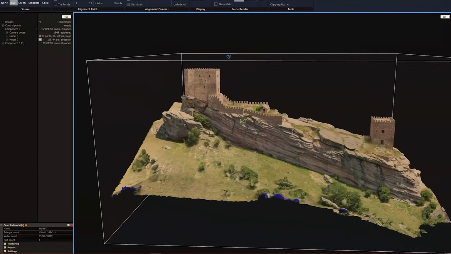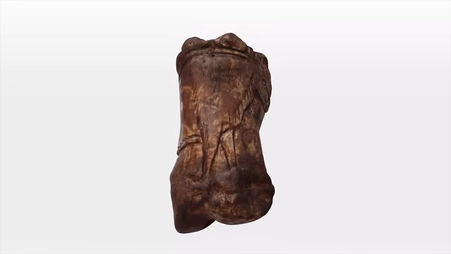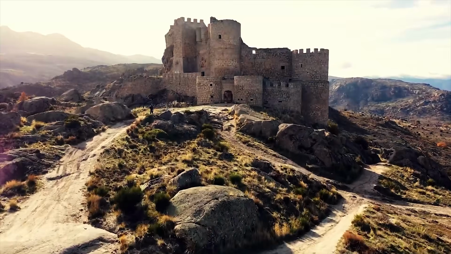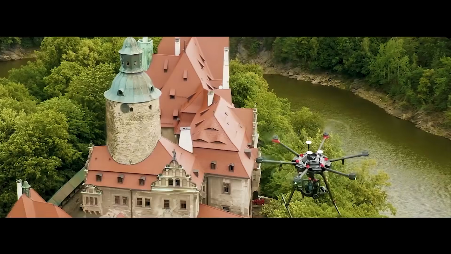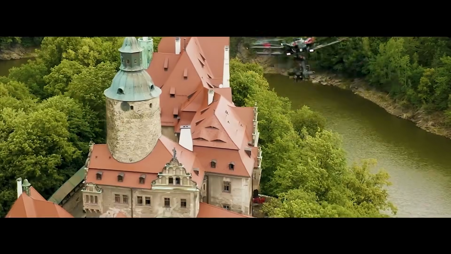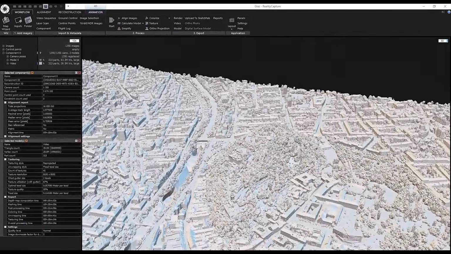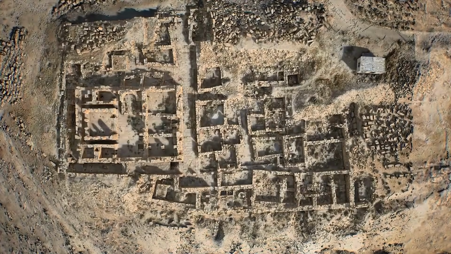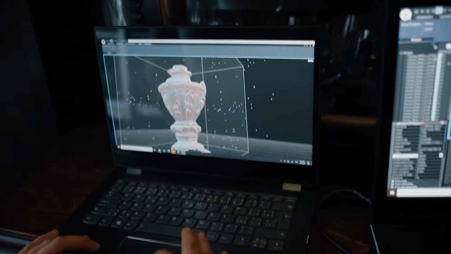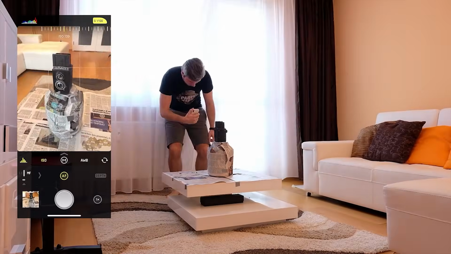So instead of modeling complex objects by yourself, by hand I mean, as a 3D artist, you can take hundreds of photos of real objects, like rocks, statues, buildings, you name it, and reconstruct it into a highly detailed 3D model. The software analyzes the images and generates geometry and textures automatically, and now it is really affordable, because you can even do it on your phone.